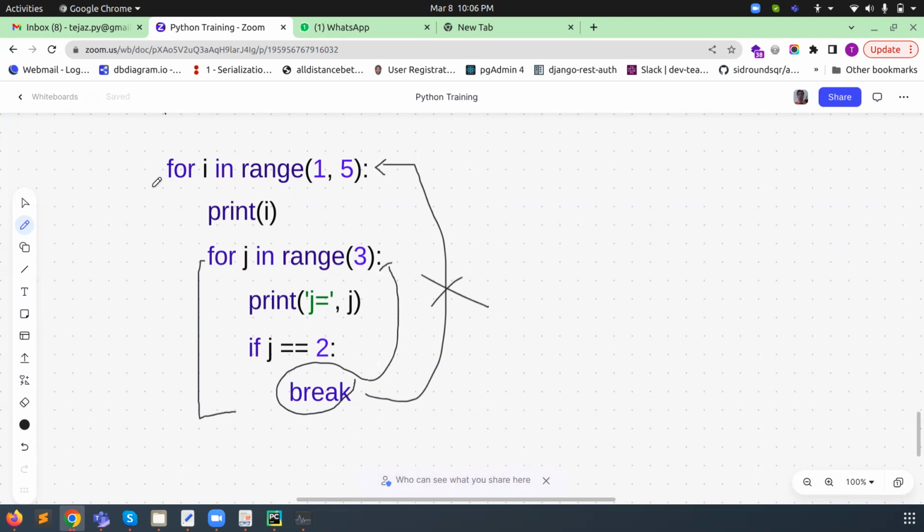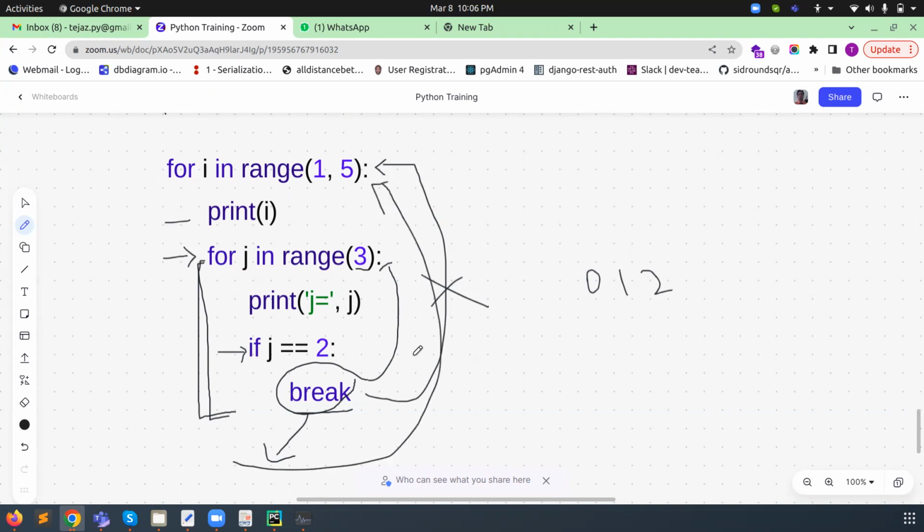So what will happen? When the control comes here, first of all it prints the value, and again after that the control comes here, then it starts from 0, then it prints the j value: 0, then 1, then 2. After that, when the condition becomes true here, because we have given 3, it will not print the value 3. After execution of this line, it will go outside of this inner body. That means it will come here. From here, again the loop is available, and the control will come again automatically.